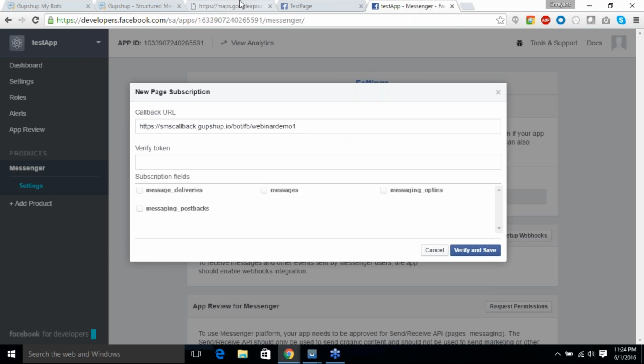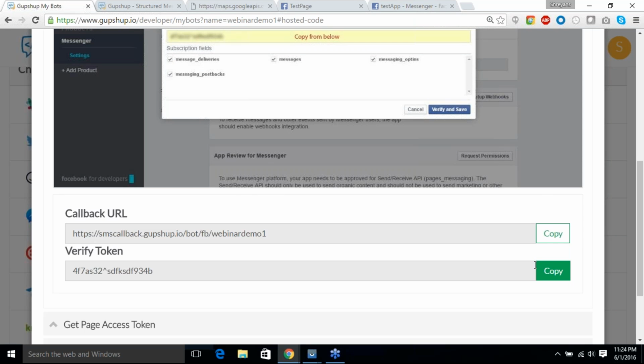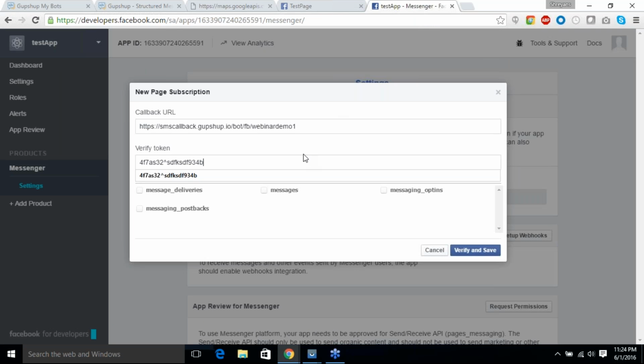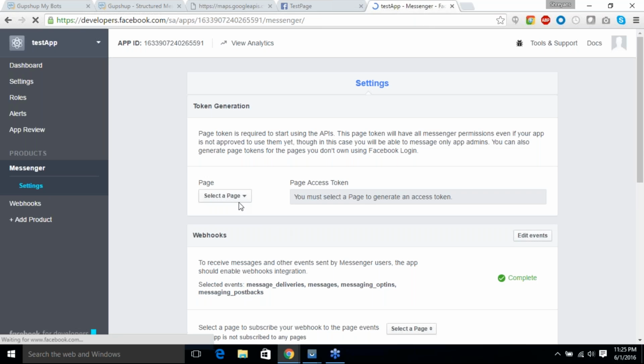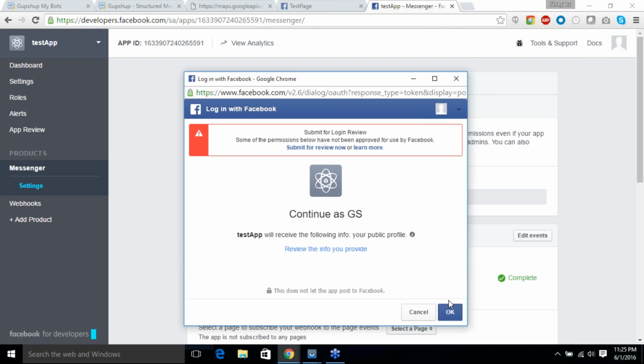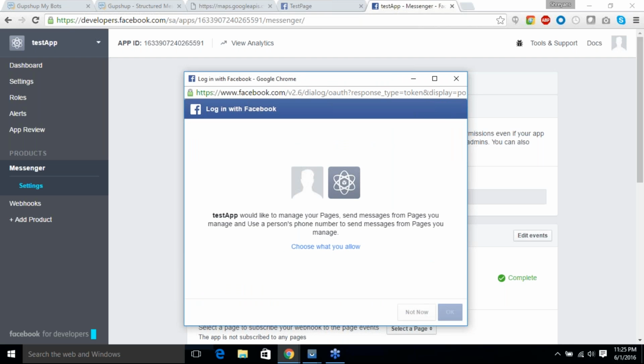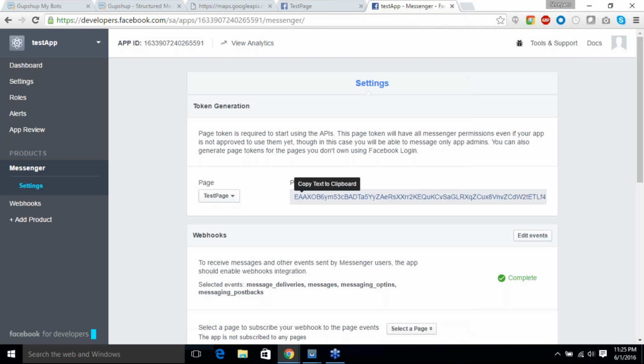We'll set up the webhook, and we'll also copy the token which that webhook will accept for our platform, and we'll select all these. We'll say verify. Once the webhook is set up, we'll select the page for which we need the token, and Facebook will ask me for all these permissions, and it generated. So I copied the